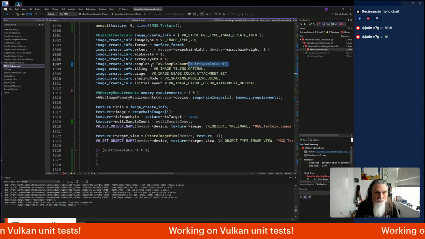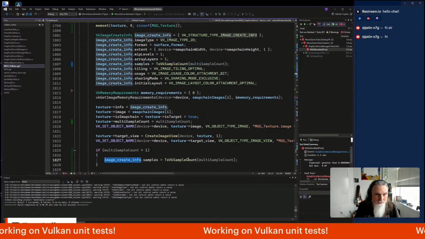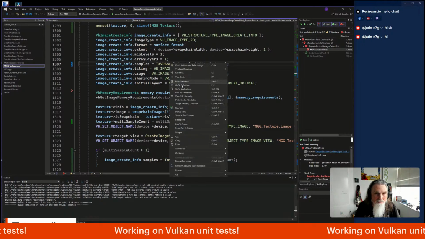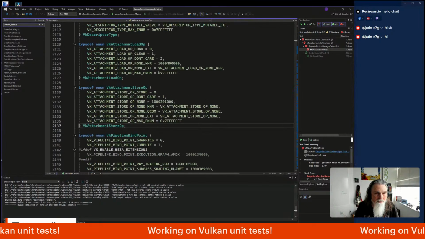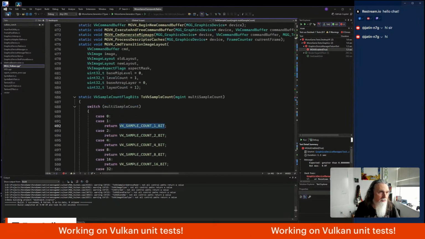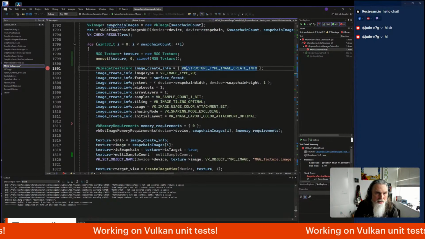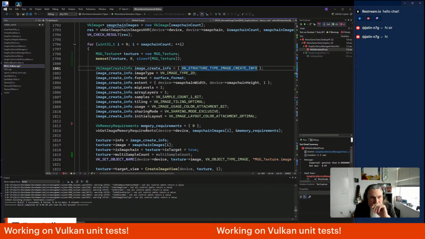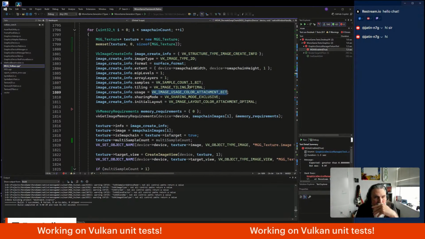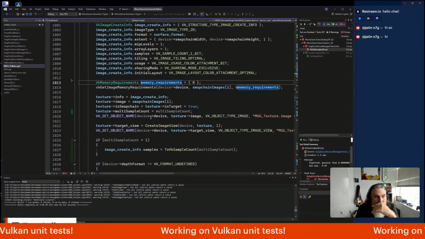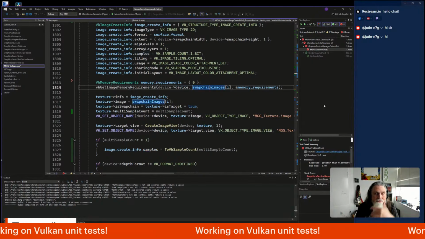Then I'm going to change the create info. I'm going to initially create it this way. I have no idea if this is going to work. I have a suspicion it's going to work, but I'm not totally sure. So to create the regular image, and then here we're going to recreate it with